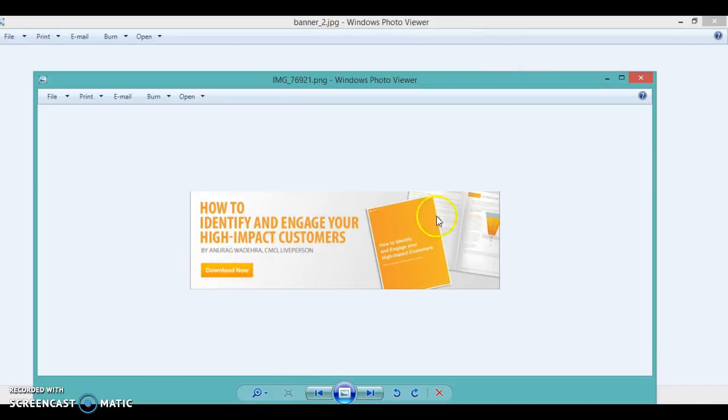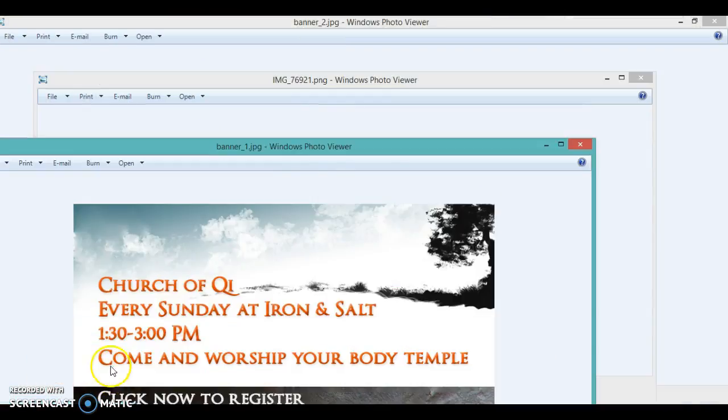I want it to be pretty much the same coloring as this one. I want this to be a white banner that fades. See how this fades into a darker color? So we'll make it fade. But the font we're going to use is the same. We're going to use Optimus Princeps on this one too, because